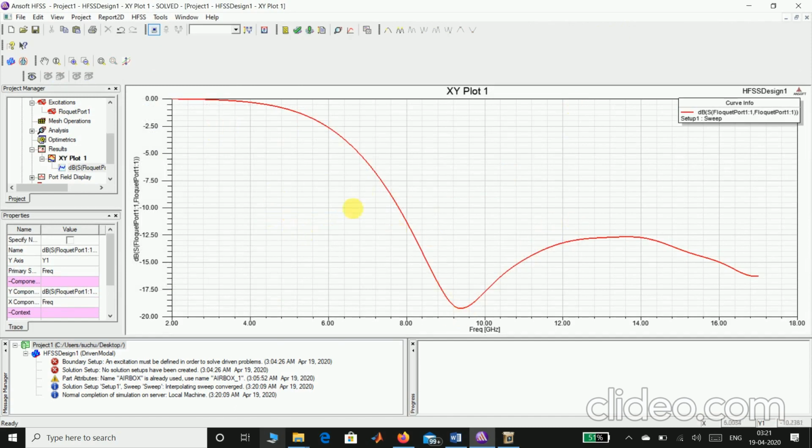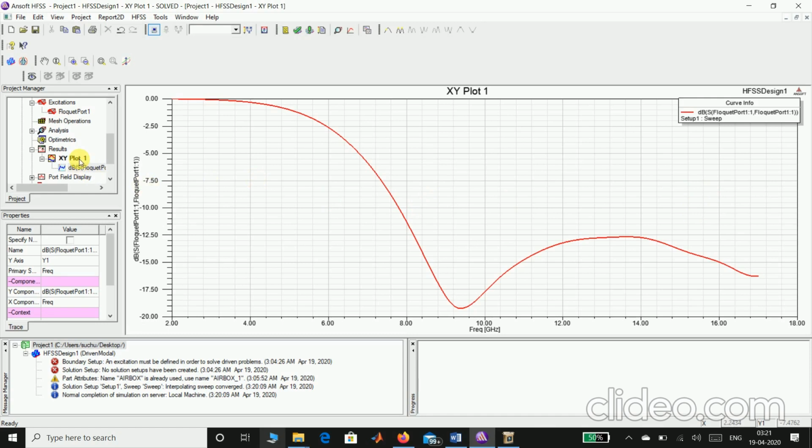As you can see, it has a significant amount of wide bandwidth. We are basically seeing this minus 10 dB point, and we are looking below this for the bandwidth of the microwave absorber. For any antenna, we also have to check below minus 10 dB for the bandwidth of the antenna, or for the bandwidth of the microwave absorber.